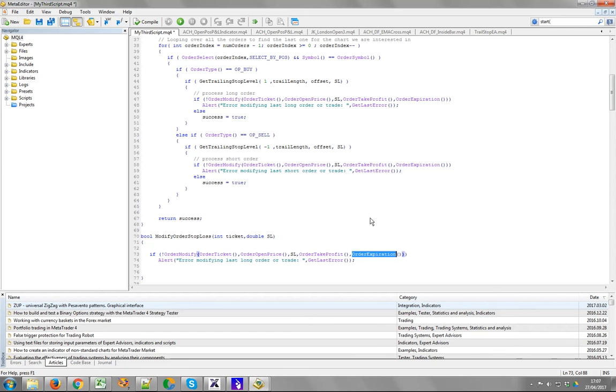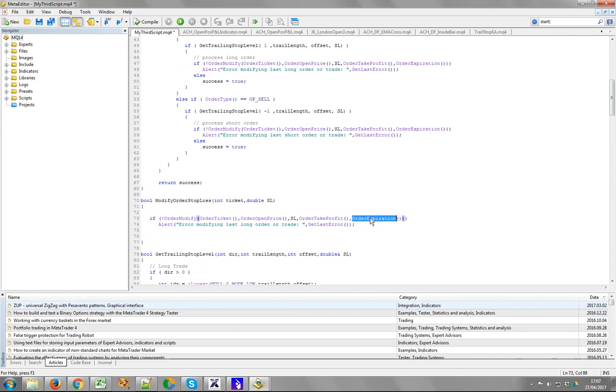Now, it's not good programming practice to start making assumptions that something has to have been done by the caller before calling the thing. Okay. It doesn't make it so modular. So what I'm going to do is an order select here. Okay. So all I'm going to assume is that that order ticket is correct. Okay. So I'm going to take the ticket, and you want select by ticket, okay? In fact, what I'll do is check this works. If it selects by ticket,